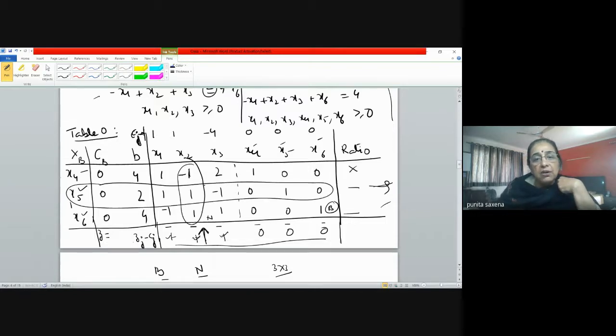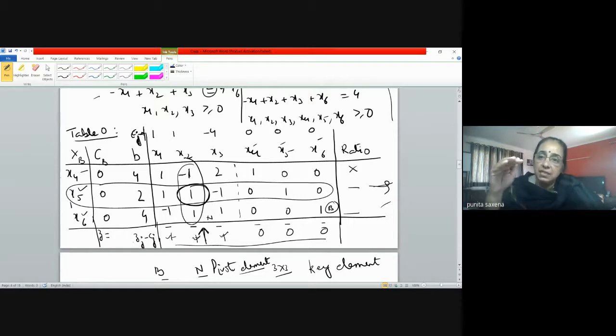Okay, the cross section of the entering and the leaving variable becomes what some books call as the key element, or what some books call as the pivot element. So now see, this is going to define your blocking part जो हमने उस दिन निकाला था ना, which value कितना आगे बढ़े so that it becomes 0. So that is going to be defined by your pivot element or the key element. So once we have done the calculations here, then we move to the next iteration.